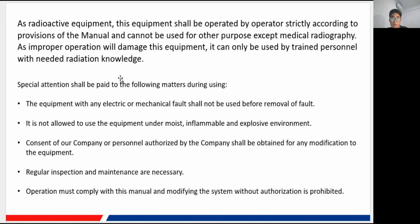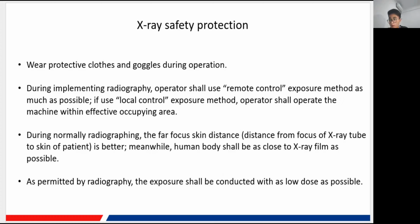Here I just list some of them, and for other precautions, they are in our manual, and you may need to follow that. For the X-ray part, of course we know that an overdose of X-ray may do some harm to our safety, and when performing the procedure, the doctor may wear protective clothes and gloves during the operation to try hard to reduce the dose of X-ray